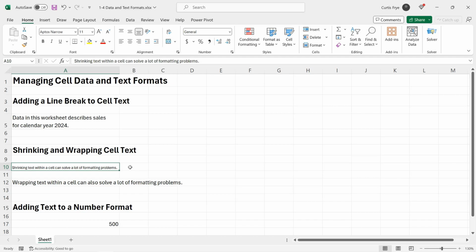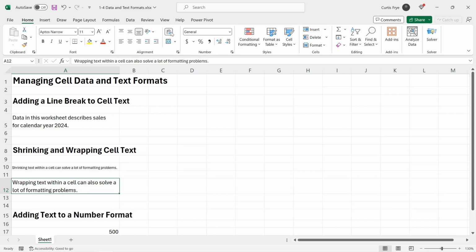You can also wrap text rather than entering in a line break by hand using Alt-Enter. So I'll click cell A12, and then again on the Home tab in the Alignment group, I'll click the Wrap Text button, and you can see that the text has been wrapped, and also because the row height increased, the data at the bottom of the worksheet has almost scrolled down too far to be seen. I won't worry about that for now. I will just scroll down